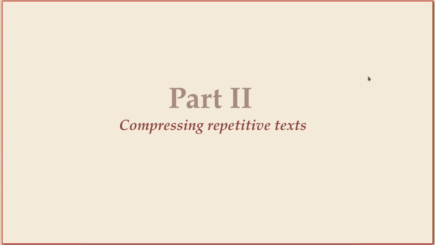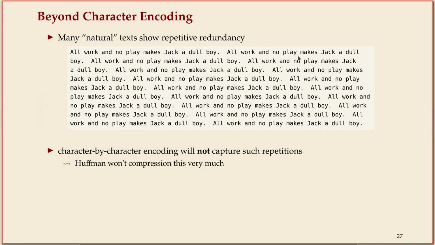In this second part of the compression unit, we'll look at compressing using methods that exploit how text is repetitive in a different way, not just single characters being more frequent than others. And let me start with a maybe not super serious example why this makes sense. If you have a text like this, of course it's English text, so it will have something like the character frequencies that we've seen in the Huffman chapter, and they're not completely uniform, so you can compress it a little